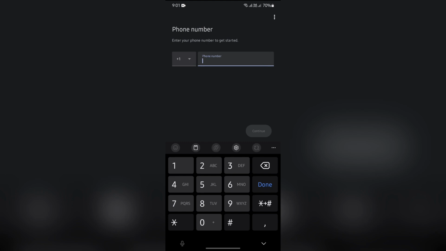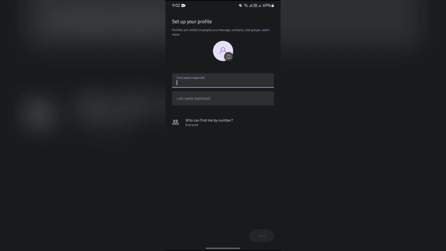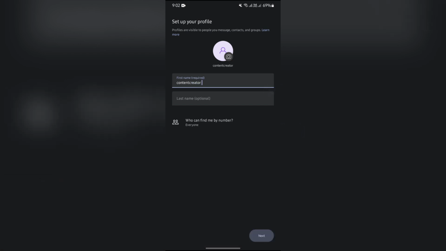Let me do this real quick. After entering your phone number, you will get a verification code on your phone. And you can set up your profile from this page. Just simply set up your name here. You can choose to set up a first name and last name, but last name is optional, so tap next